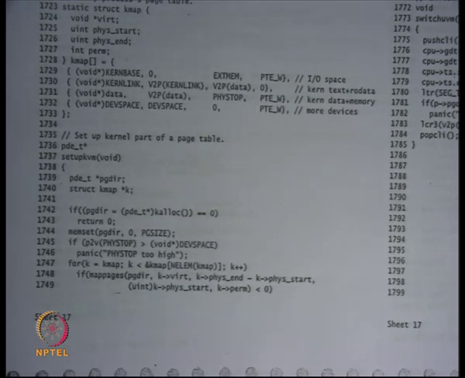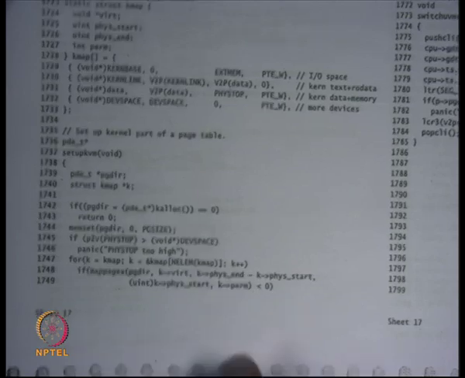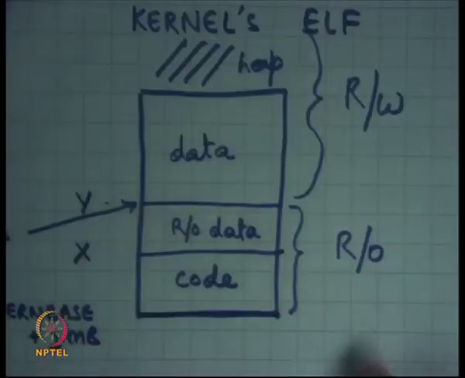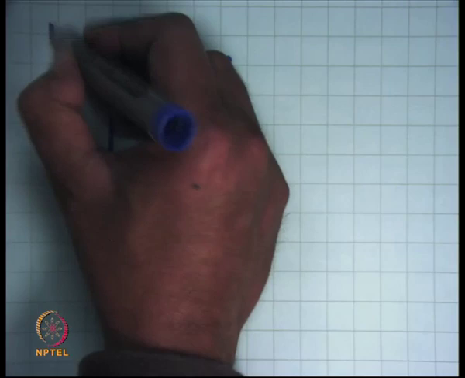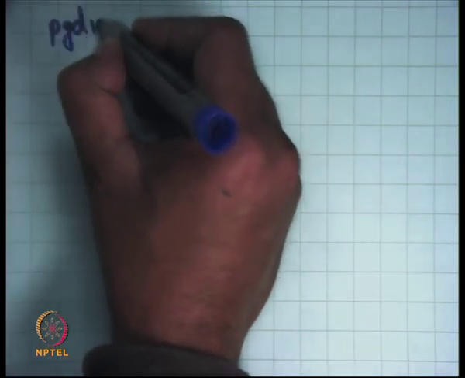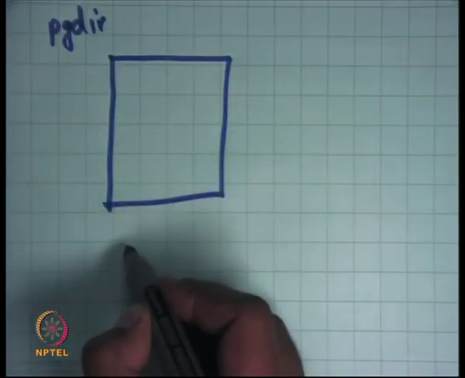Recall that to map pages, it may need to allocate more pages, right? Right now you basically have a page there. So this is the page there that is initially completely zeroed out, all zeros.